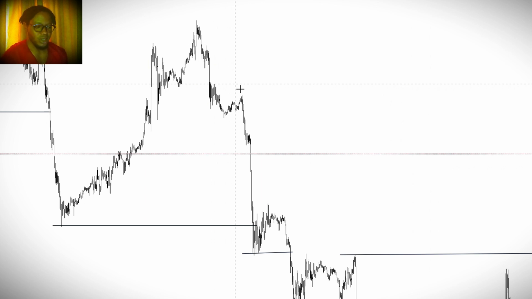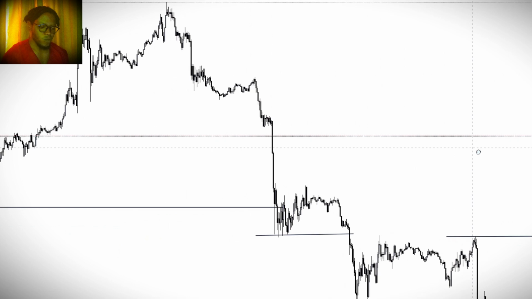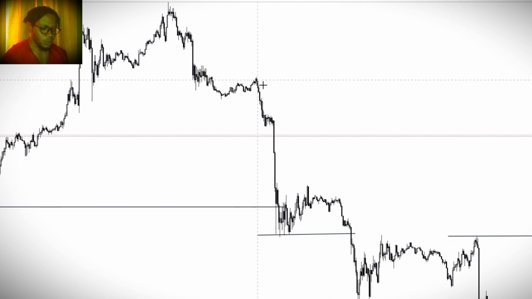All right, the market is fractal. So right here we had a supply zone, if you can see properly, and a mini supply zone at this point. I don't know if you can see this mini supply zone right here. So I made use of this mini supply zone here,